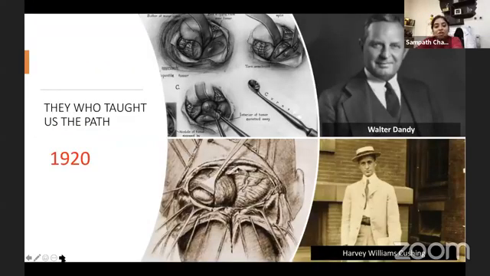So in 1920, these were the two legends who taught us the pathway to skull-base surgery: Dr. Harvey Cushing and Walter Dandy, who introduced many skull-base approaches. Most commonly, the posterior approach to the jugular foramen area, and they also introduced silver clips for hemostasis of the vessels, and electrocautery for the purpose of hemostasis.